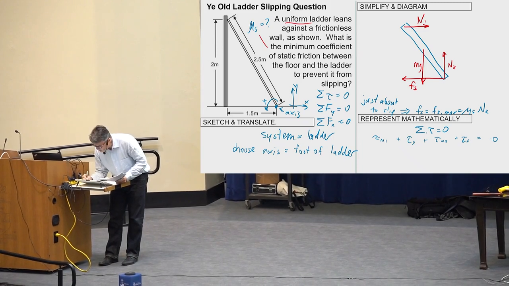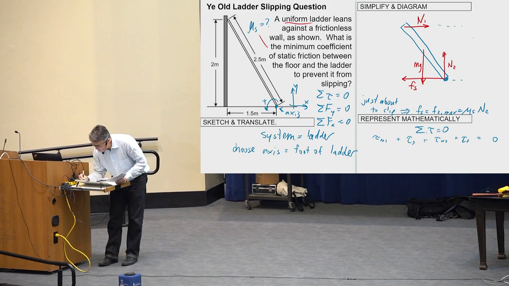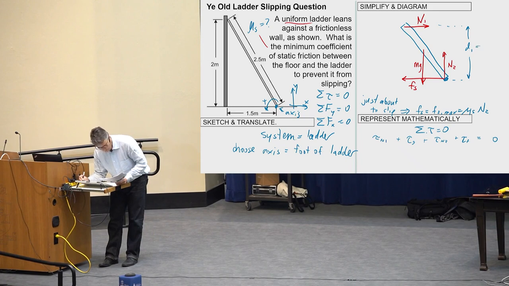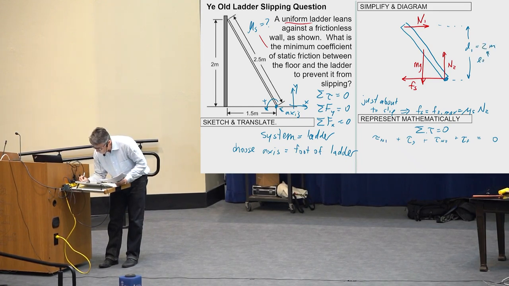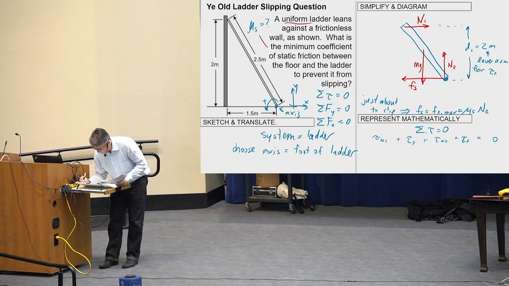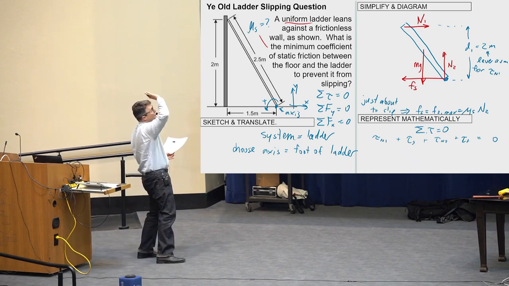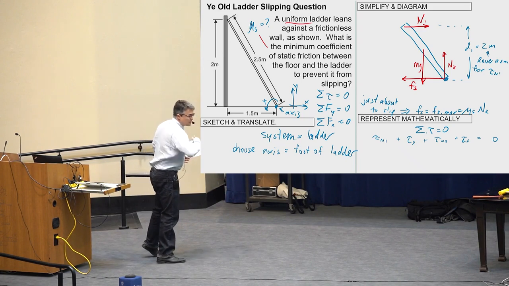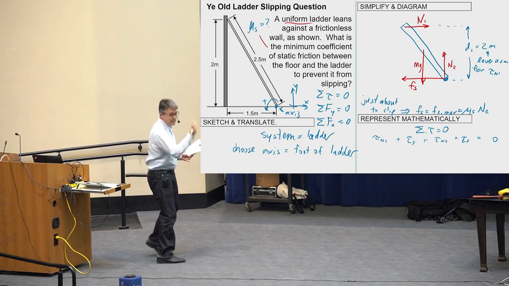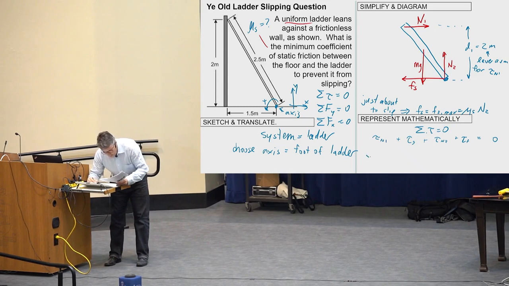So for N1, if this is the rotation axis, then what I can do is kind of find the D1 as being this distance, which is given, actually. D1 equals 2 meters. This is the lever arm for the tau N1. And it's going to try to rotate it clockwise, so that means it's a negative. So this is negative